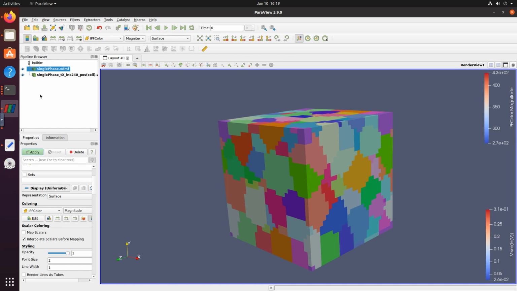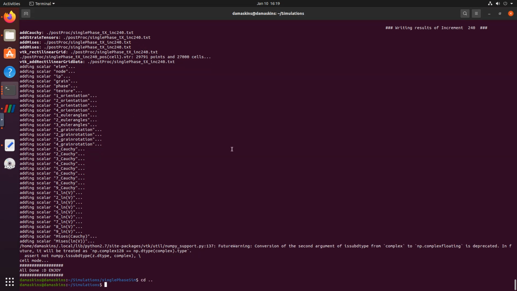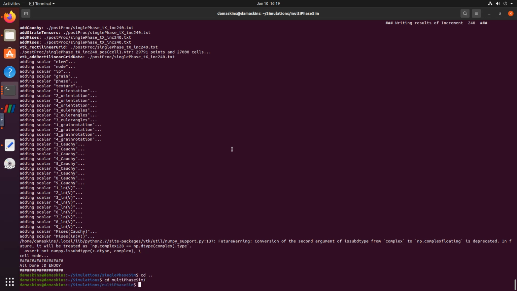Okay. So while we are looking at the results, what I will want to do is run the other simulation of the multiphase material that we just defined. And oh, I do not have the sim automate file here. I will just quickly copy it from